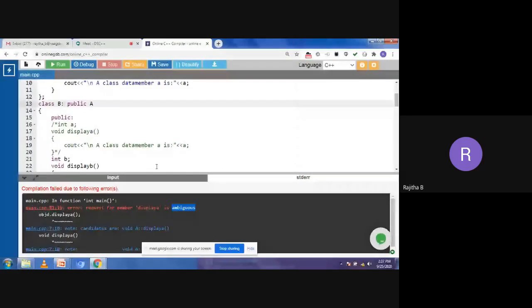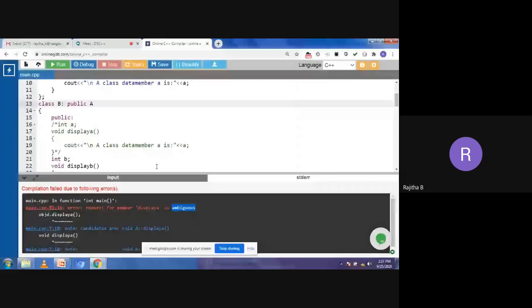So in that case, a number of copies will be created in the derived class. Suppose you are calling that function, the compiler gets confused. Why? Because you have a number of copies in the derived class, so which function do I need to execute? So in that case, how do we solve the problem? By using the keyword virtual. Where do we have to put the keyword virtual? In the main class.